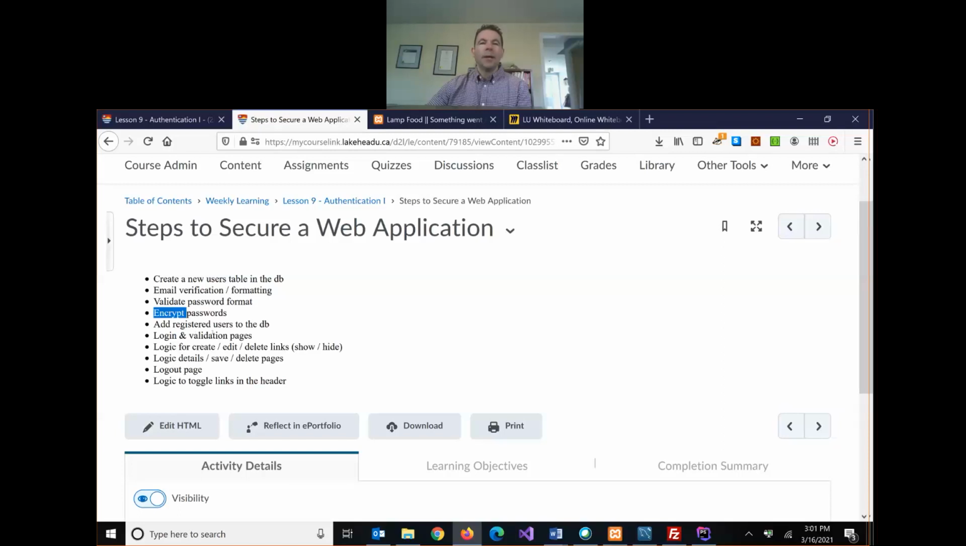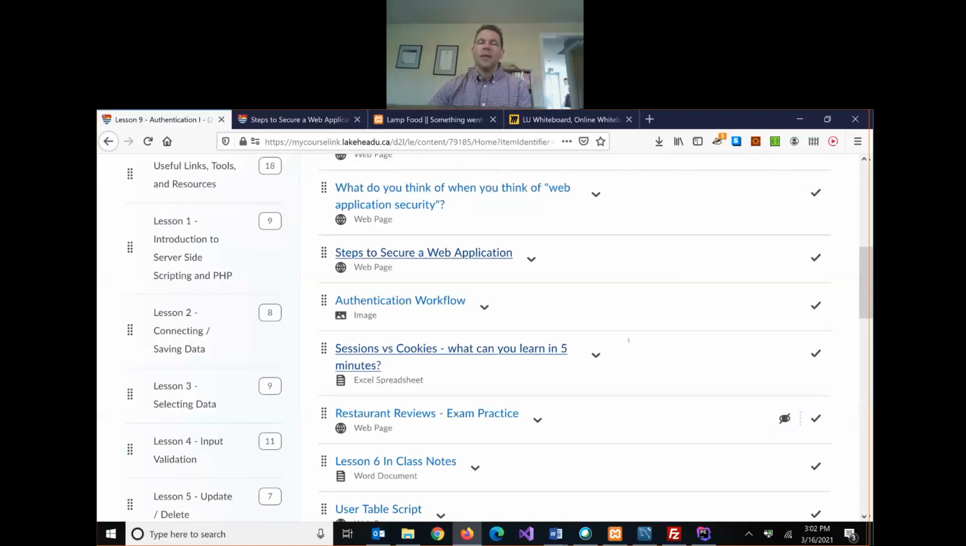We need to build a login page and then add some logic into our application that checks, is the user logged in, yes or no? And we're going to show them and allow them to do different things depending on whether they're authenticated or whether they are anonymous. So to give you a visual,